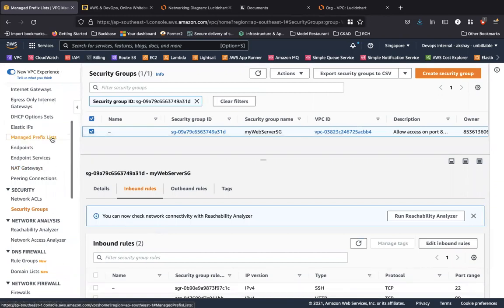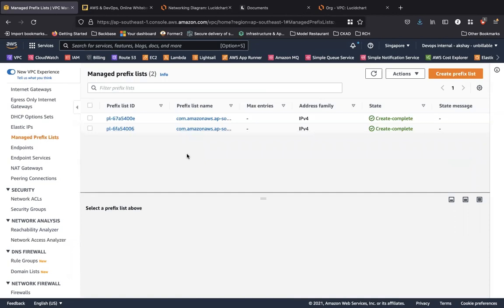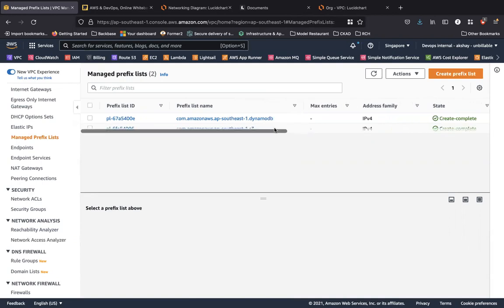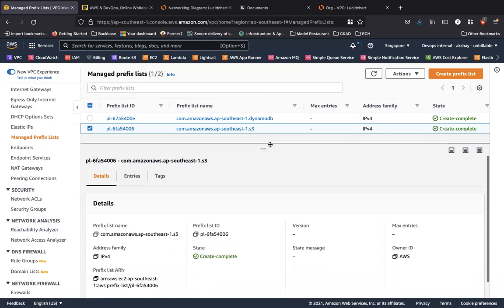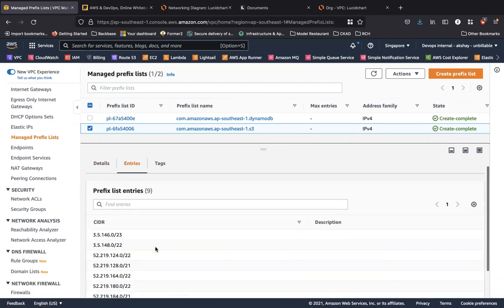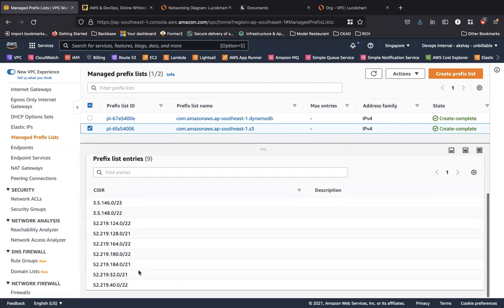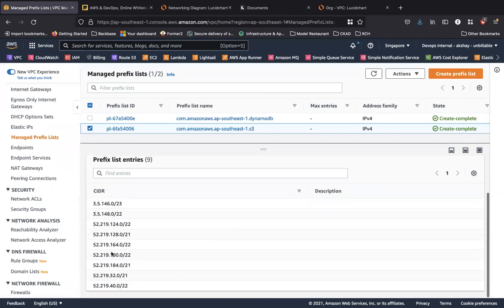With a managed prefix list, you can see that AWS has already given us two examples, which we will later use when we study something called VPC endpoints. They already have a prefix list for S3 and DynamoDB. So when you take a look at the S3 prefix list entries, you'll be able to see that these are all the IP addresses from this particular Singapore region, which probably you can use to access the S3 service.